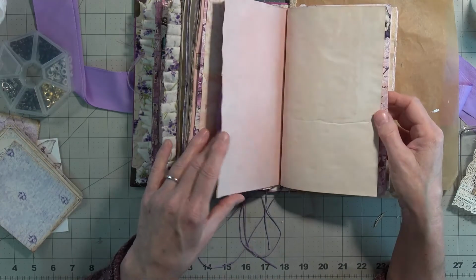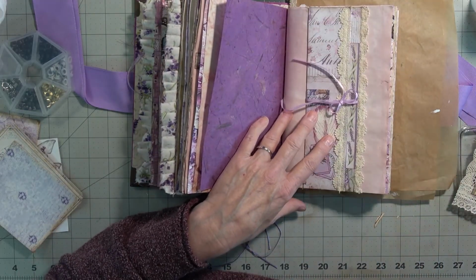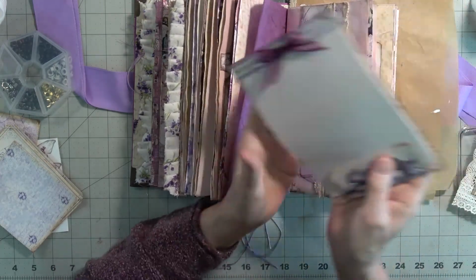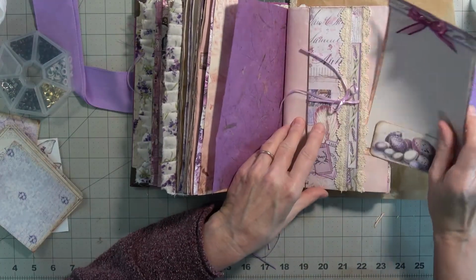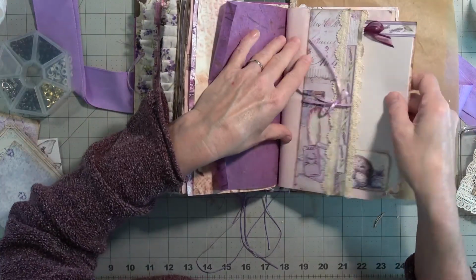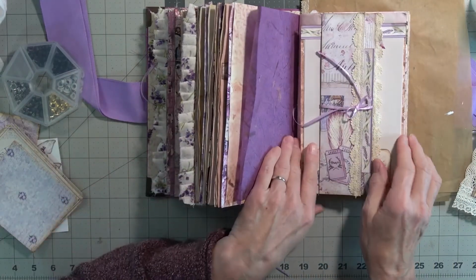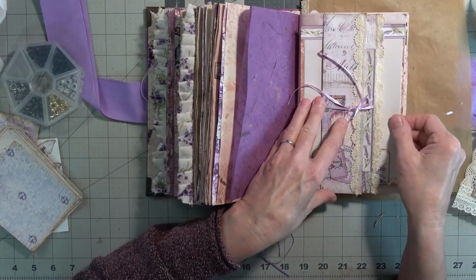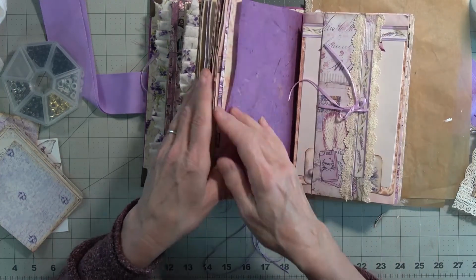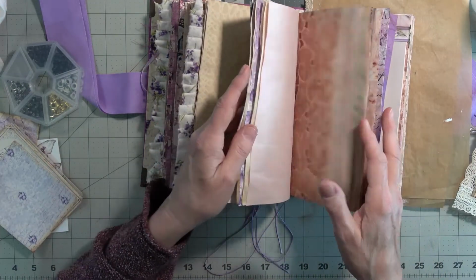Okay. Let's see. Oh. This. For this one, I ended up making this little tablet to go in there. And it's 4 pages of linen paper. And it looks great. Okay, so there's that one. Let's see now, where did I want to put the...